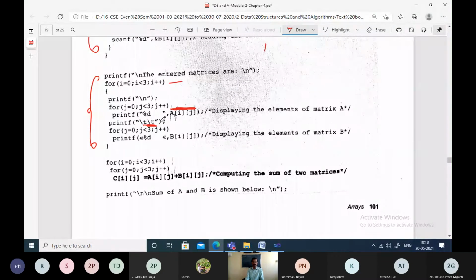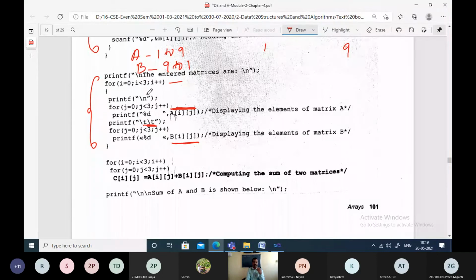If it is 1, then after that what we are giving two tabs. That means somewhere here space, then it will display the elements of matrix B. If assume that the elements for matrix A you have given from 1 to 9 and elements of matrix B you have given from 9 to 1. That's it. For simplicity, I'll assume this. Then what it will display for again J, because after this again the inner for loop will be changing. J will be again initialized to 0. It will be overwritten. Then we are displaying the element present in B of ij. So this is somewhere I'll display 9, because for B we have entered from 9 to 1.